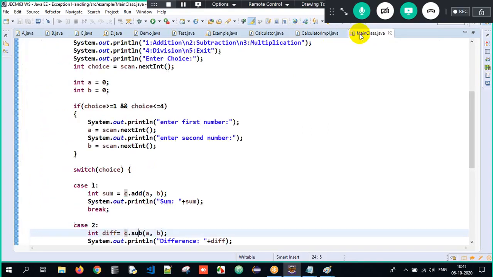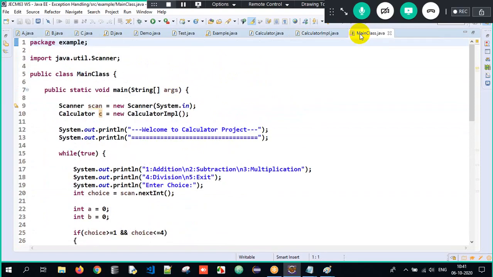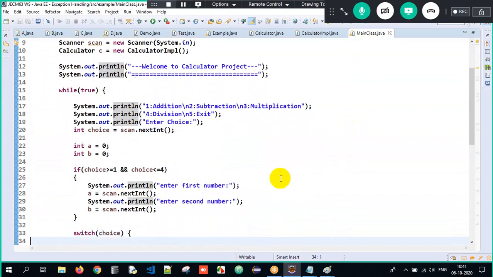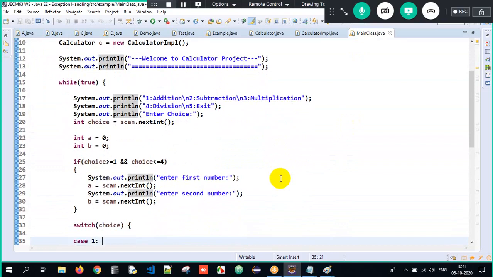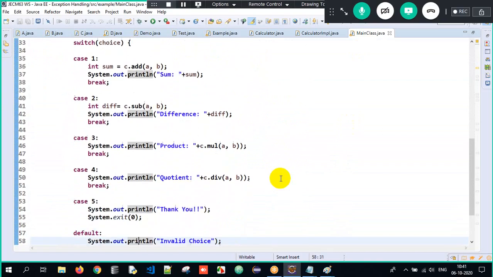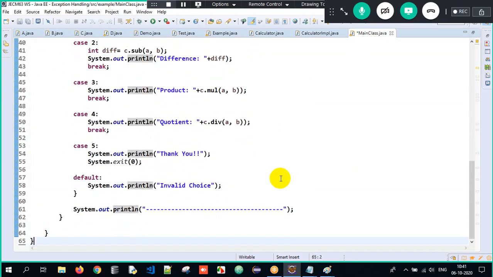After that, in the main class here we developed the business logic. How does the project work here? Welcome to calculator project, and while of true means it keeps on looping until I tell stop. When I tell 5 it means stop. So I have done this entire program over here. You can just look at the source code once. See, while of true I accept the input. And why is this if condition? Only when the choice is 1 and above, 4 and below, that is when we need to accept the input. And then I have to run the cases here. That way we would be done with this entire project.